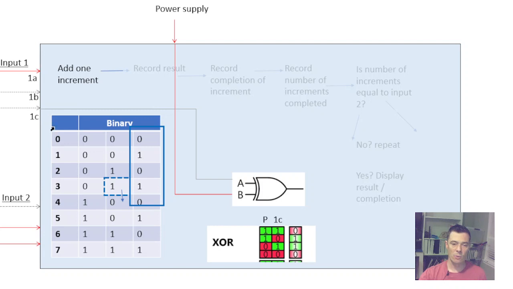So if we're adding 1, we're starting off with this input 4, the number 4, which is 1, 0, 0. So powered on, off, off. So this would be 1, 0, and 0. And you can tell as we add 1 in terms of binary to this last binary representation here, every time we're adding to this, we're changing either from a 0 to a 1 or a 1 to a 0. So what we need here is to pass this third binary representation, and we need to combine it